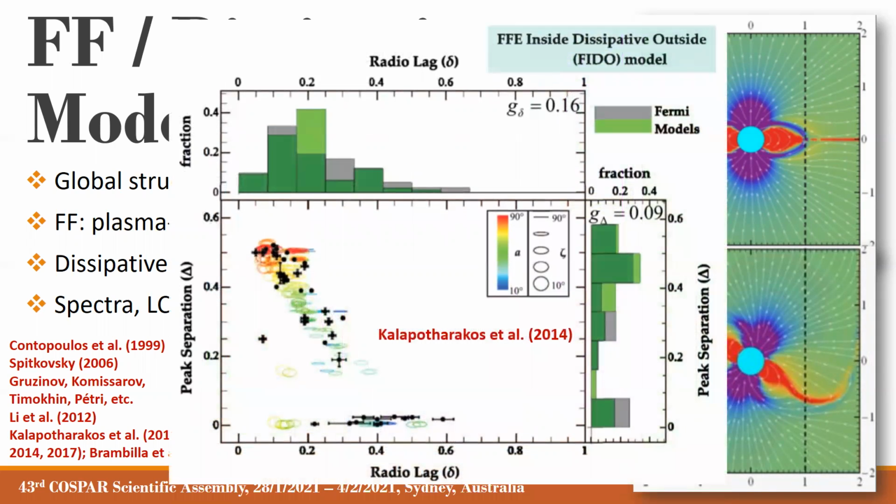And this is just an example by Galapagos, where they modeled using FIDO, which is a new version of the dissipative models, where you have force-free conditions inside, but outside the light cylinder, you have dissipative regions in the current sheet region. And they fitted a peak separation versus radial lag distribution of pulsars as measured by Fermi. And from their modeling, they could actually reproduce those types of constraints or this trend,